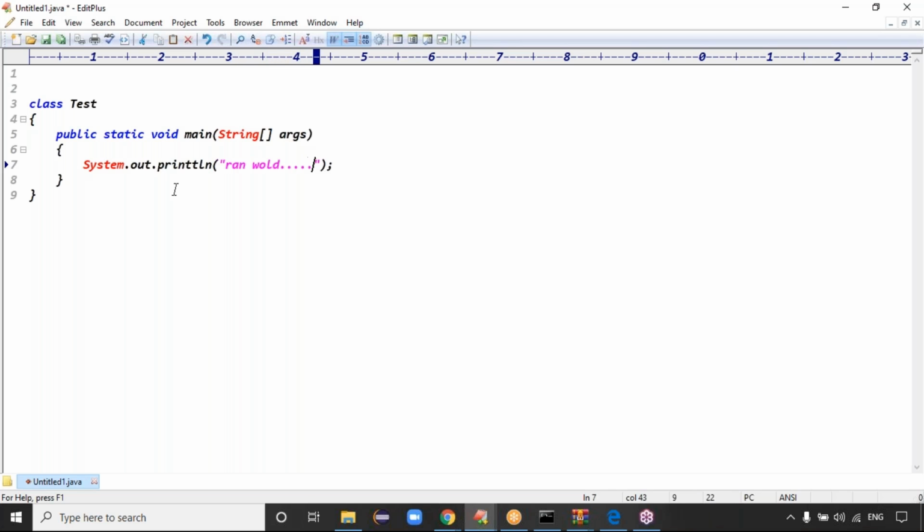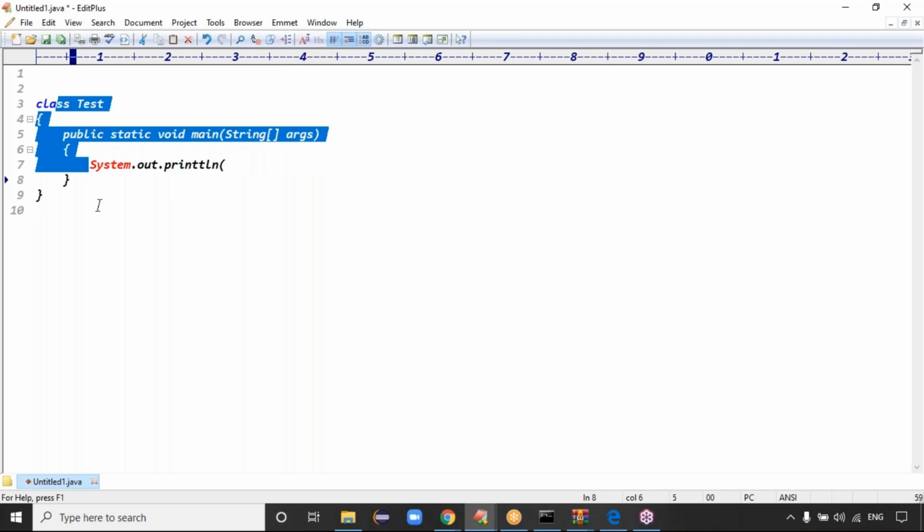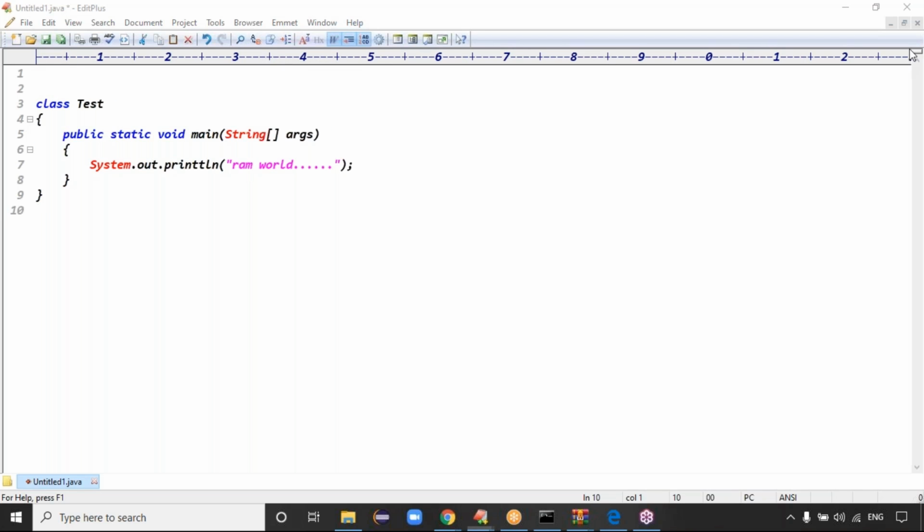Tell me, guys, at the project level, is one class sufficient to write the complete project requirement, or do you require multiple classes? One class is sufficient, sir? Hey, not to print hello world, man. At the project level, you write multiple logics.